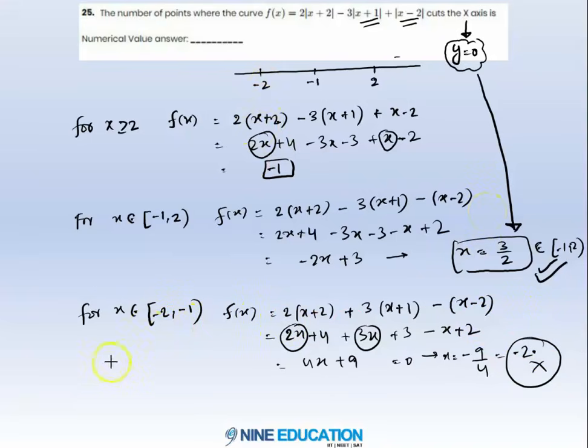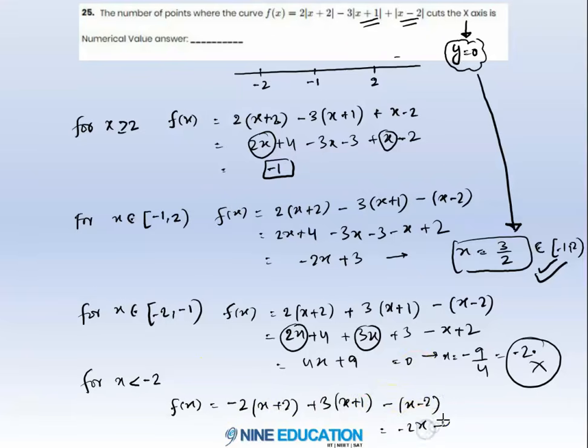Now last thing is, if I take x values less than minus 2, in that case all the terms inside the mod will become negative, and we can open with a negative sign. So it is minus 2 times of x plus 2 plus 3 times of x plus 1, and minus of x minus 2. So minus 2x minus 4 plus 3x plus 3 minus x plus 2. So 3x and minus 3x will cancel, and we will be getting 1, and therefore I can say only one point is there, which is 3 by 2, at which the graph will cut the